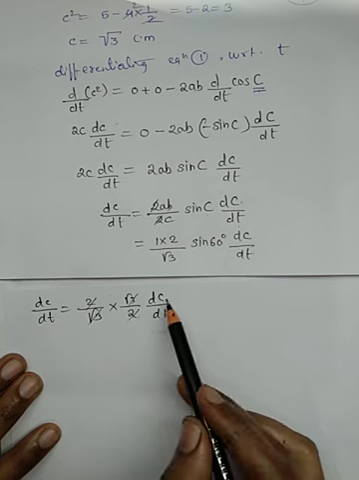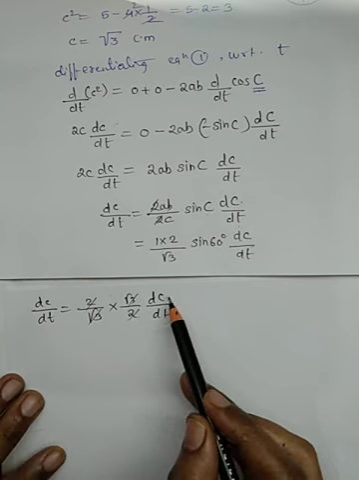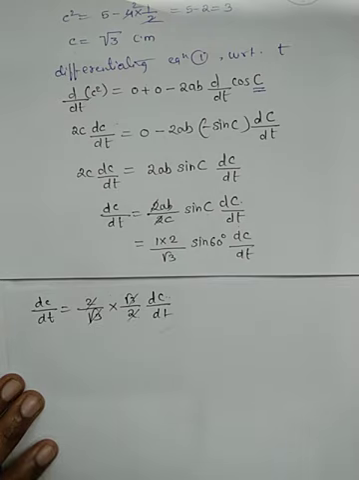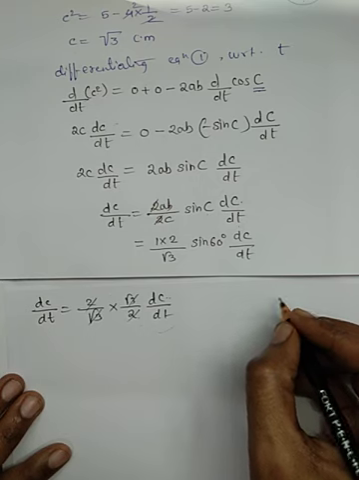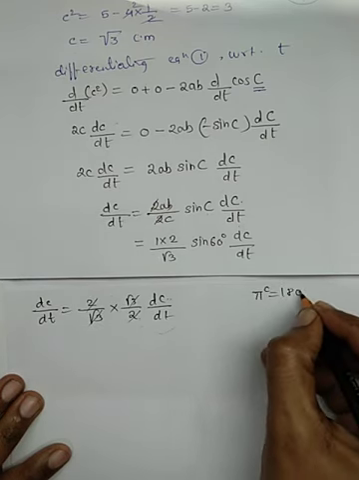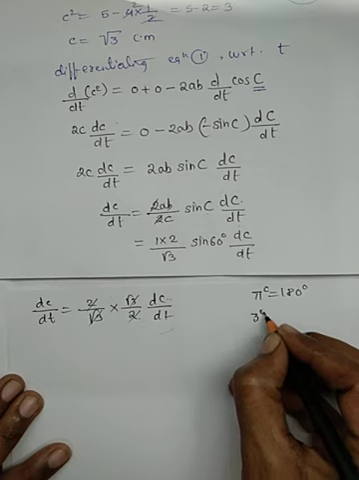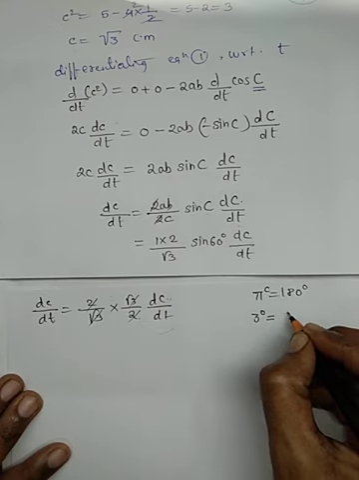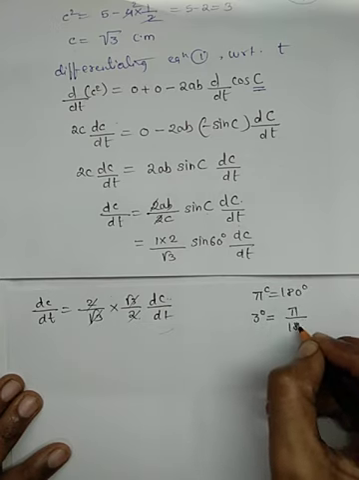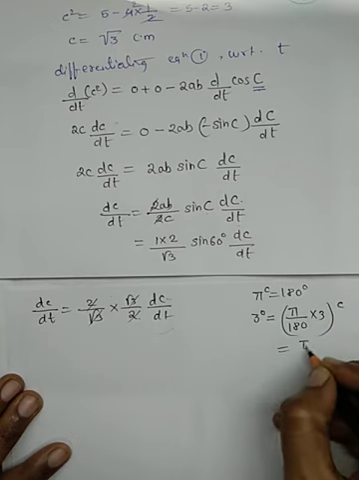Now you are given that the rate of change of angle C is 3 degree. We have to convert it into radian. What do you know? Pi radian equals 180 degree. If you want to convert any angle given in degree into radian, just multiply it by pi upon 180 and you will get it in radian. Then the answer will be pi upon 60,